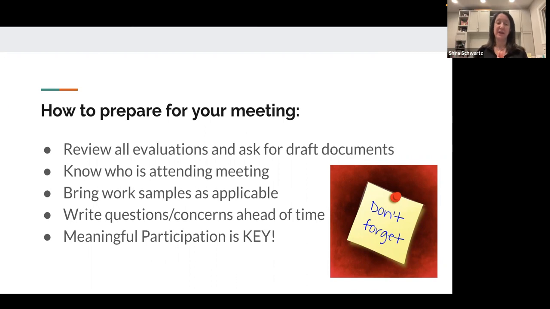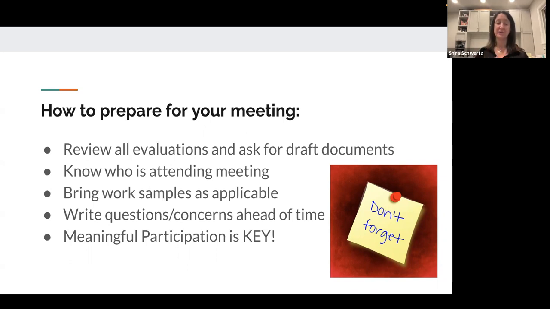And if not, and you get a draft IEP at the meeting and you have never seen it before, it is within your right to say, I really want to have time to go over this. Can we schedule a second meeting? The only problem is, meetings take a lot of time and require coordination and scheduling. But it is within your right, and it's advisable if you have a lot of things you want to review,